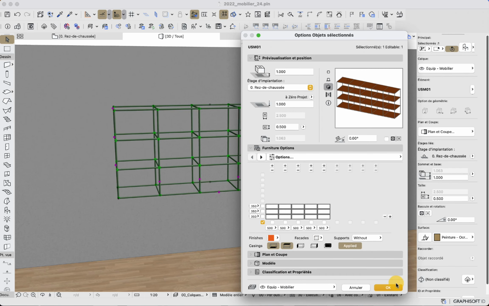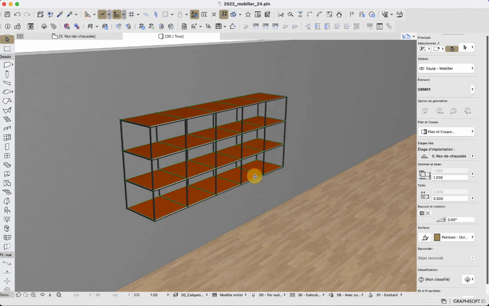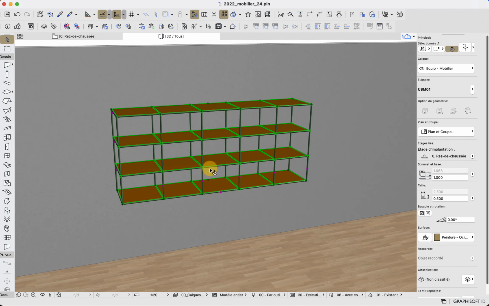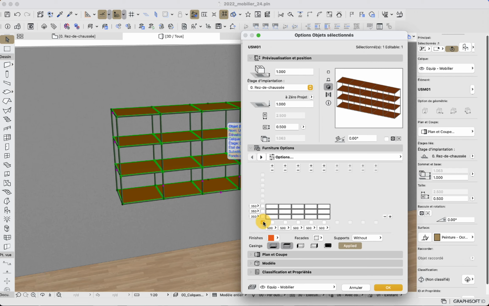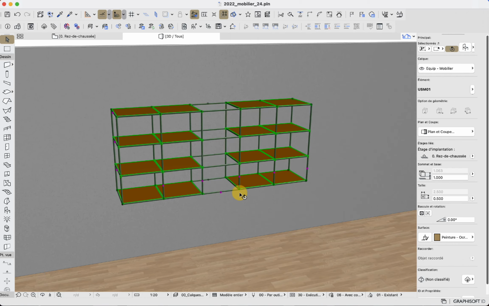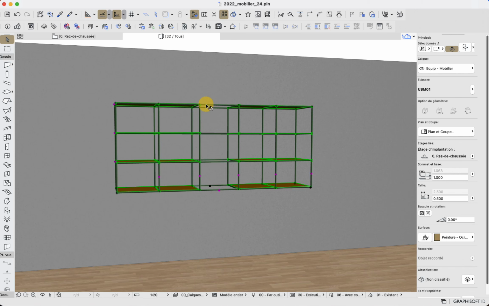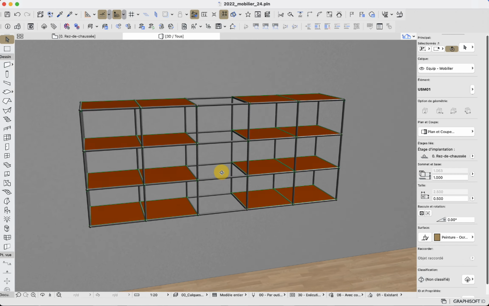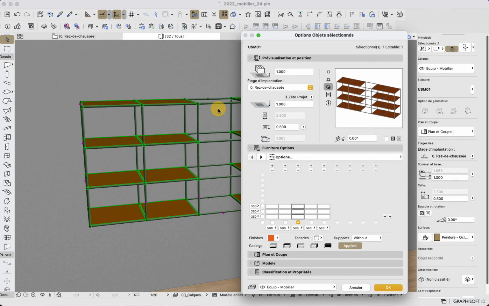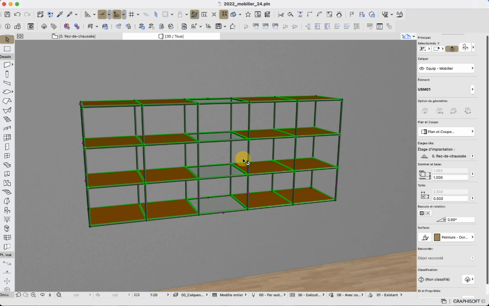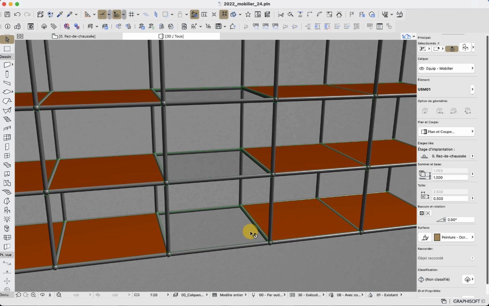Then I can obviously change the color if I want to. In that way, I have proper chairs. I can here, for example, decide to simply have nothing on the middle part. I apply, and here it will not be really useful for that column, but it's possible. If I want to have this kind of view here, I can decide to still have shells, but to have them glazed. And that way we can see that now I have a glazed shell.